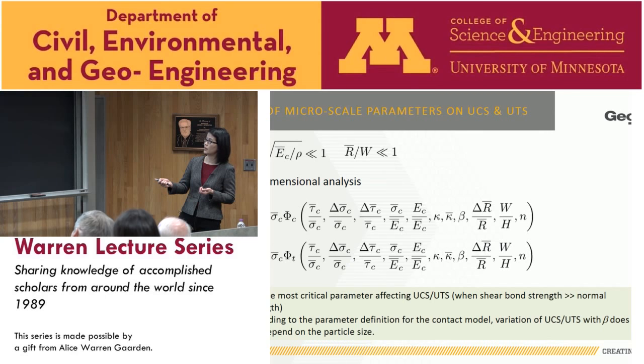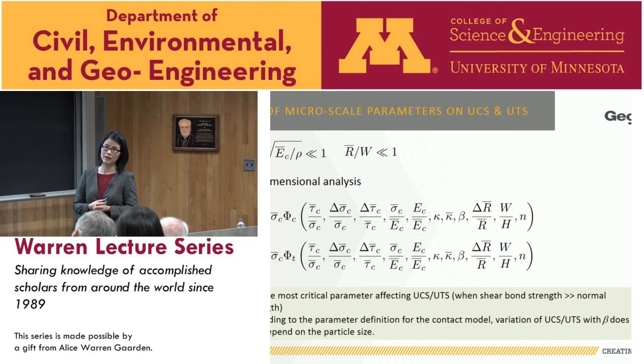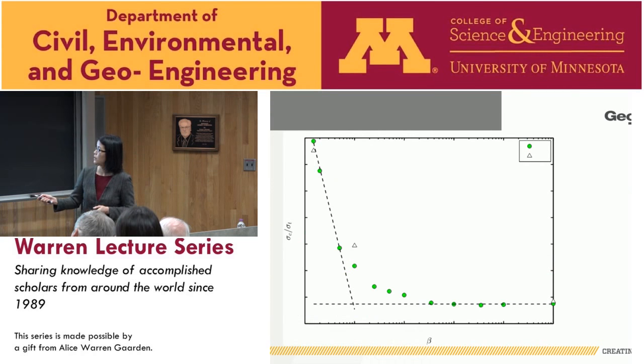Also, if you look at this list of parameters, length only comes in the form of the characterization of particle size distribution, and we are assuming the discretization is fine enough. So if we look at this list of parameters and this scaling form, that means the variation of strength ratio with beta, if you take this one divided by this one, is actually not dependent on the particle size. So that means the threshold beta I was talking about and the behaviors of the strength ratio as a function of beta is also quite generic.